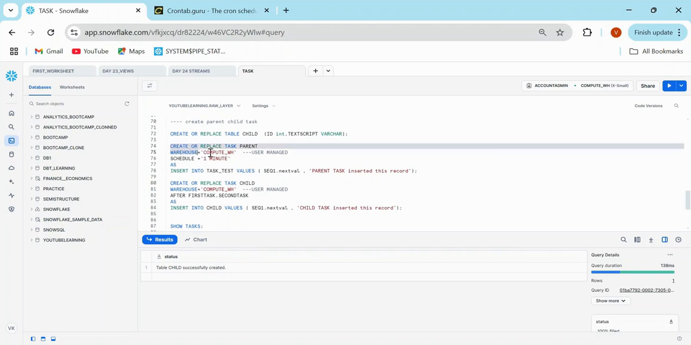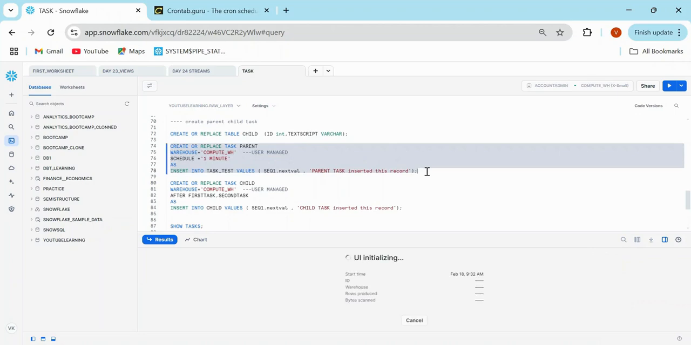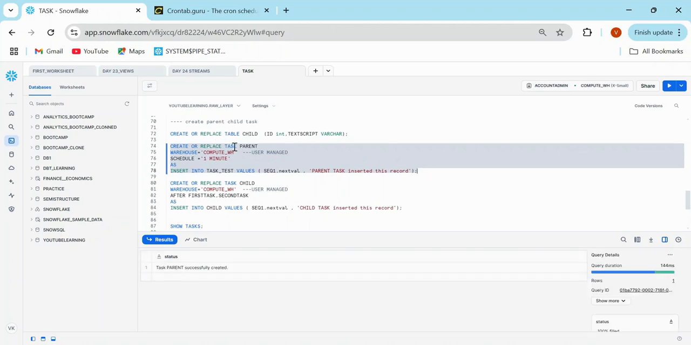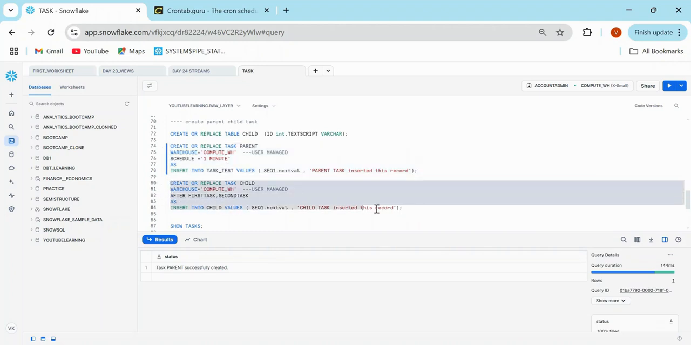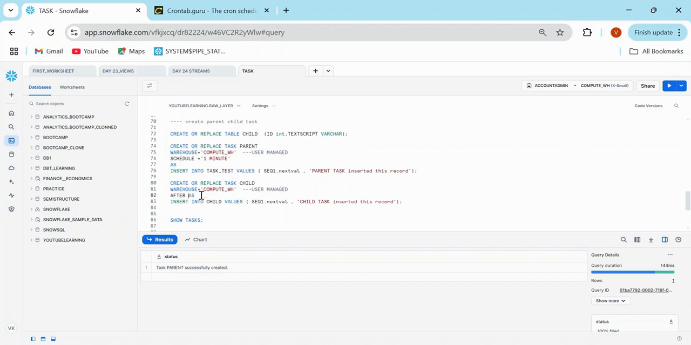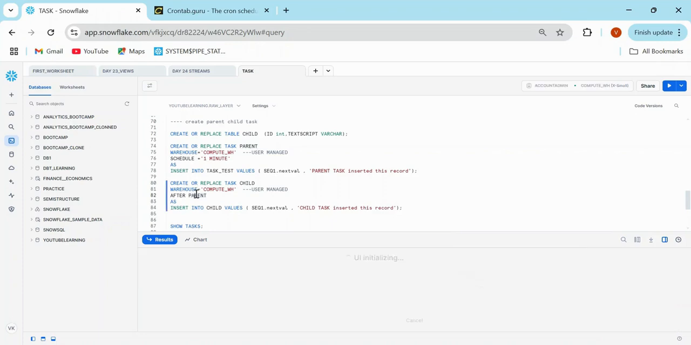So this parent task I'm running every 1 minute and inserting into the same table, like a parent task inserted this record into the task test value. However, in the child task, I'm inserting the child, but look at it. Okay, it should not be there. It should be triggered after parent. I'm not setting any schedule. So if I run it and then look at this child task,